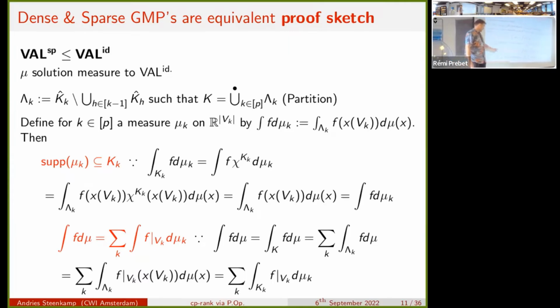Next, objective values and constraints. To prove that, we need to prove this for any polynomial. We do both f and mu. Start with it. Clearly, because mu is a solution to the dense GMP, its support has to be contained in K. K can be partitioned by the lambda Ks. Just observe that the supports of the x's for each lambda K have zeros in certain places, so we can write it out in terms of padding out by zeros, and then just apply the definition and end up where we want.